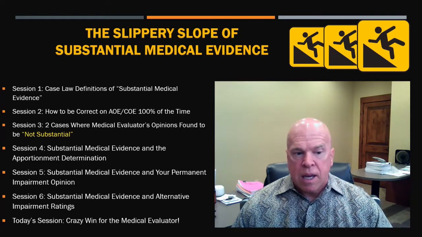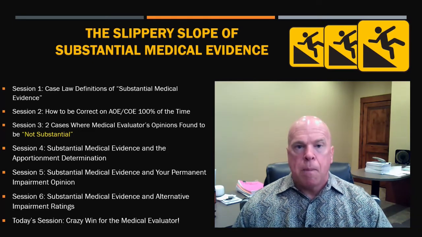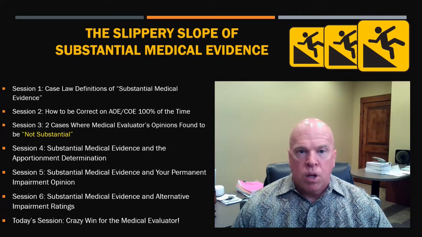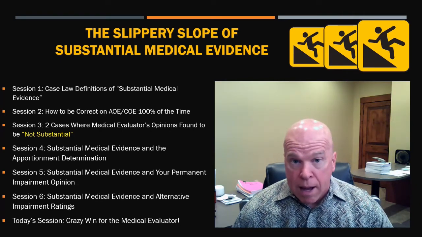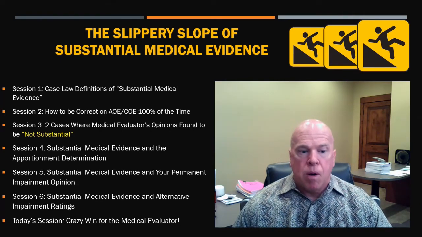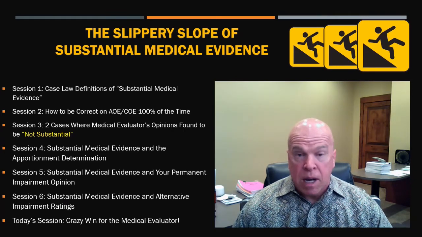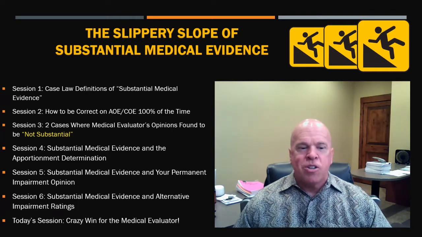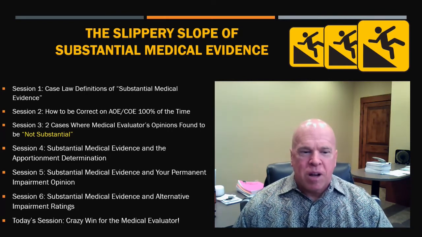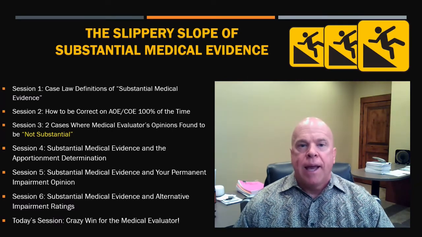And the second case had to do with a permanent impairment argument wherein the qualified medical evaluator failed to be able to explain how he arrived at the permanent impairment rating, and so his permanent impairment rating was found to be not substantial. In session number 4, we talked about substantial medical evidence and the apportionment determination,